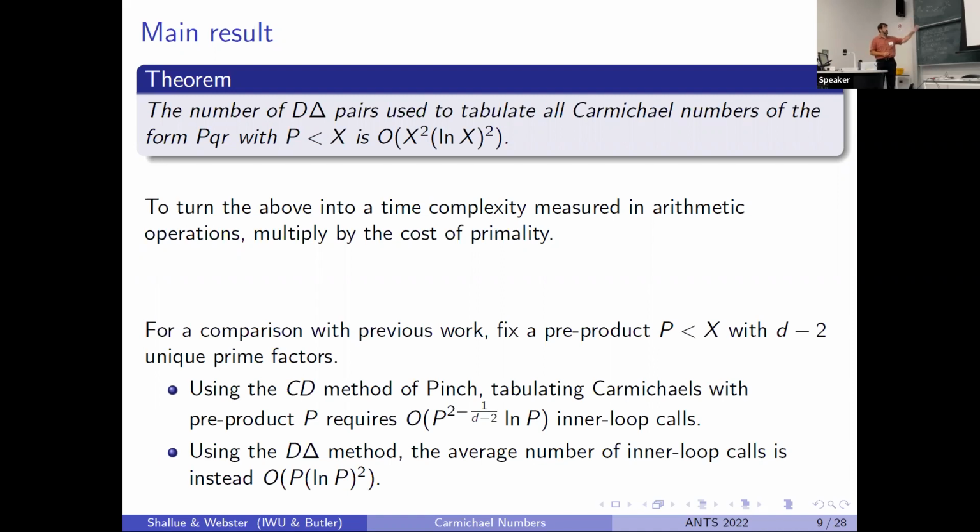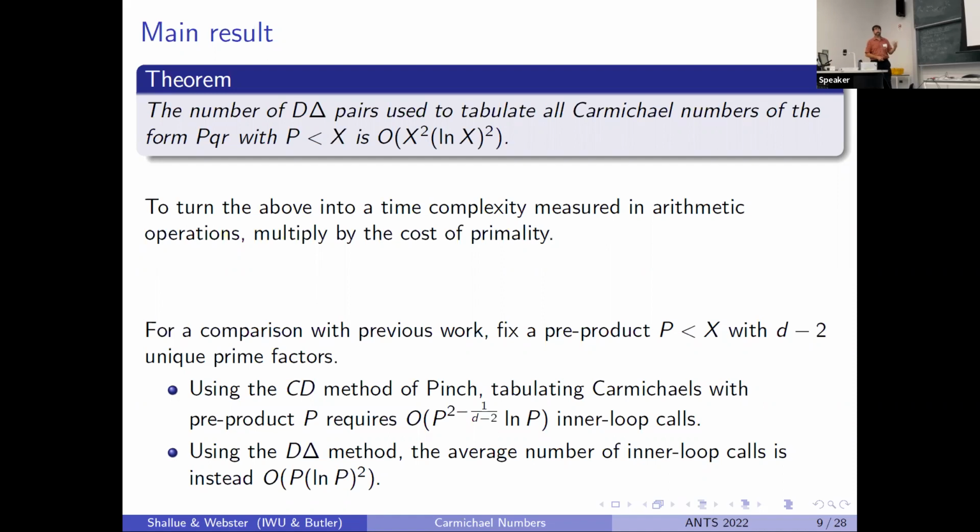And here is our best attempt at coming up with a comparison to previous work. So our analysis of Richard Pinch's method requires that number of inner loop calls. And for us, it's going to be this on average. So this is a theorem depending upon the sum of a divisor function. And then if you take it on average, then you end up with that per p instead. And so this comparison, the thing to note is that